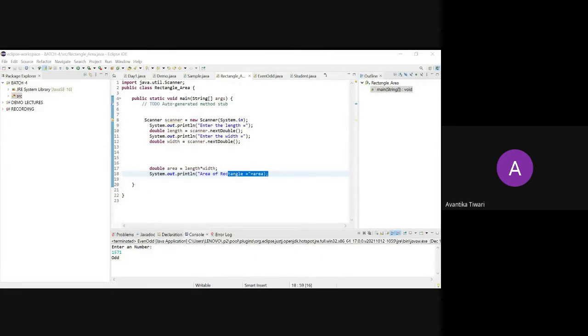So let's move on to discuss flow control statements. What are flow control statements? Anything that changes the flow of execution of the program. By default, any Java program will execute in sequential order, line by line. By nature, every Java program executes sequentially. But if you want to alter the flow of the execution, you can use flow control statements.